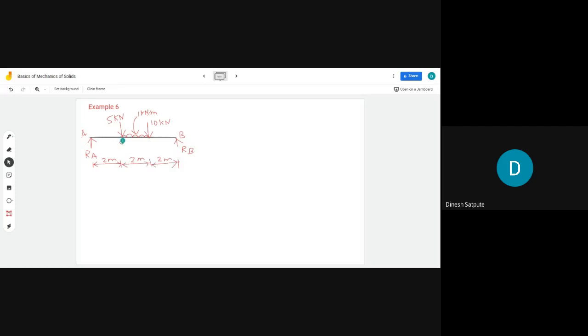Let us say this is point C, this is point D. Now do the calculations, find out what is the value of RA and RB, and post your answer